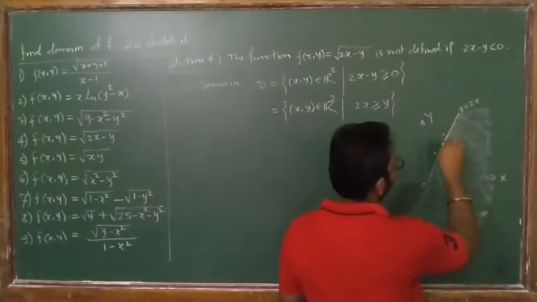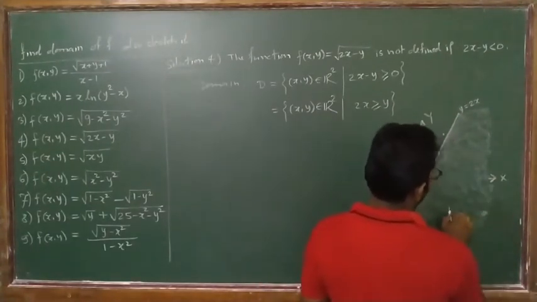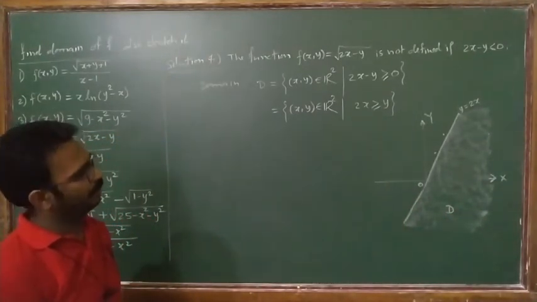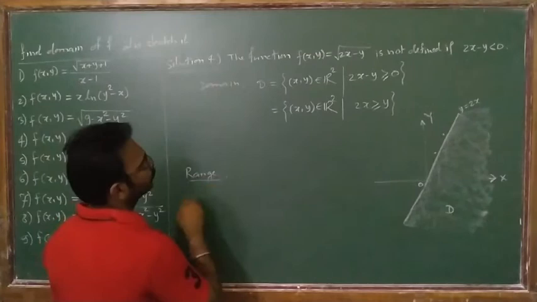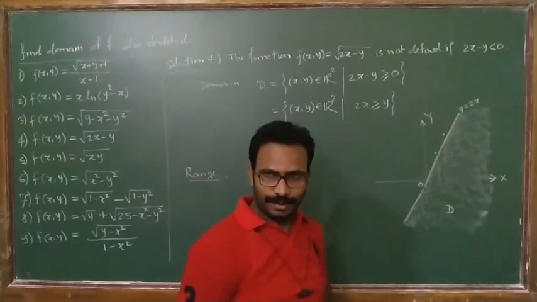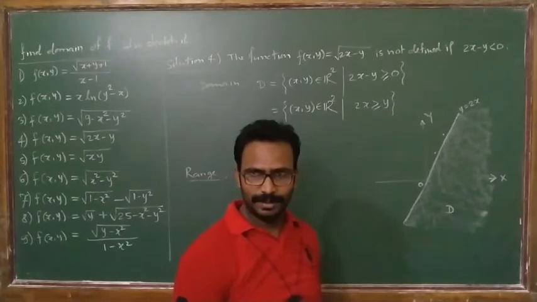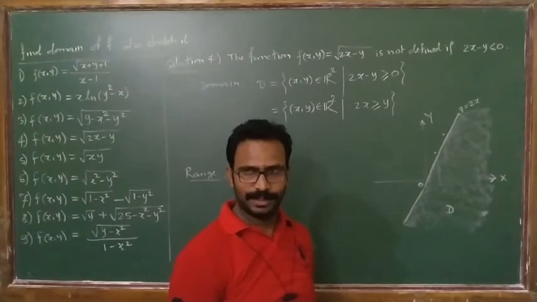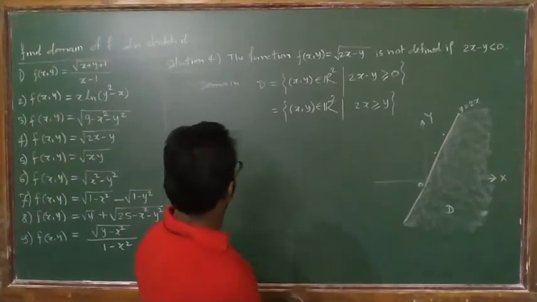And the domain will include the boundary also. So this is domain D, for which 2x minus y will be greater or equal to 0. What will be the range of this function? The least value, the least quantity 2x minus y from the domain should be 0, because at least the square root container should have 0 to get the output, to get the value. So root of 0 will be 0,